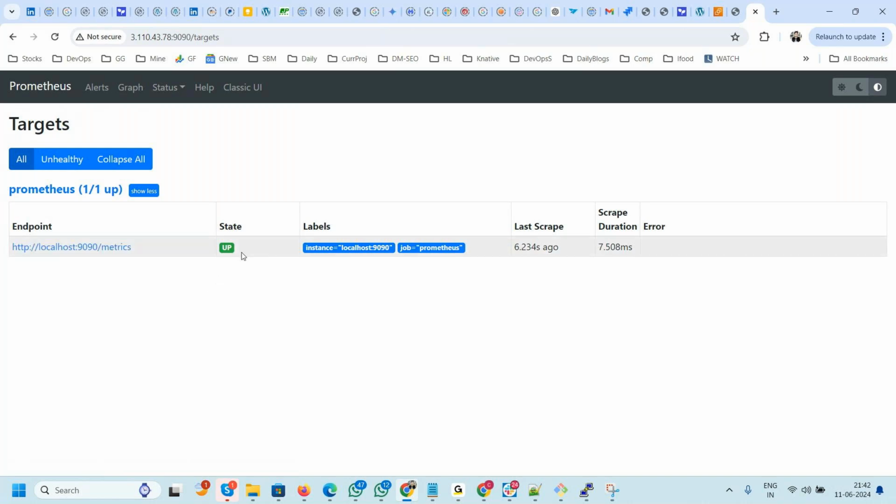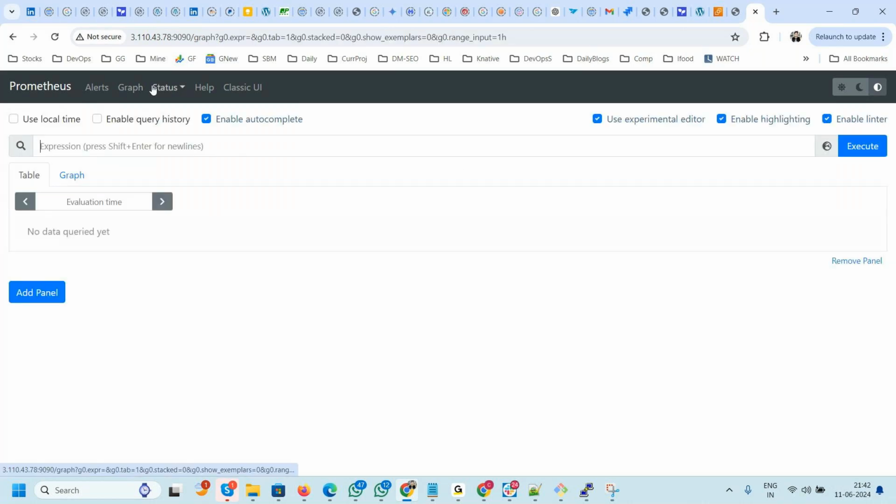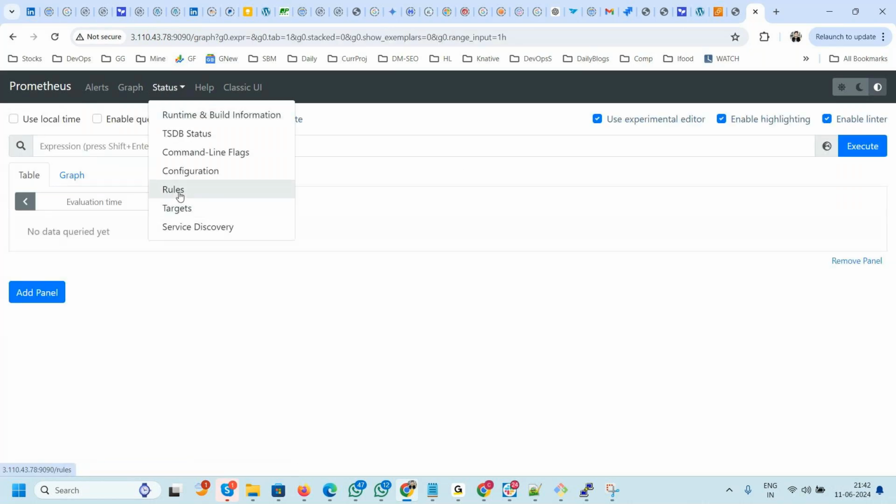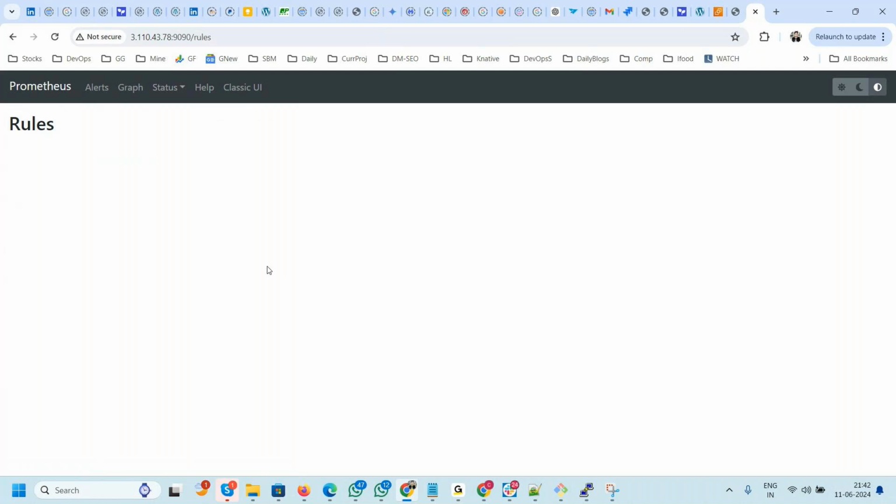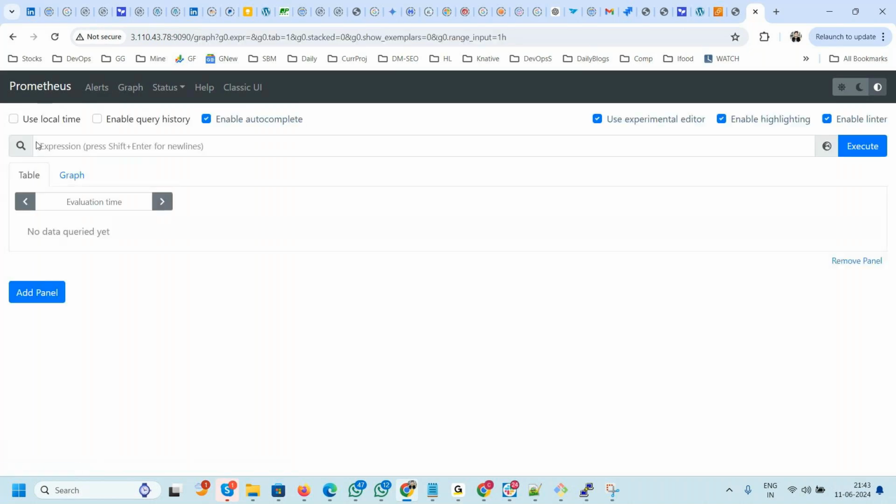That's the reason it's there. So if you add more targets, you will have more. Here you have the rules, whichever you put in the Prometheus.yaml file, you can get it in this place. Okay, it's not coming because it's empty. So go to the home page, and if you want to know how many total metrics are already there,